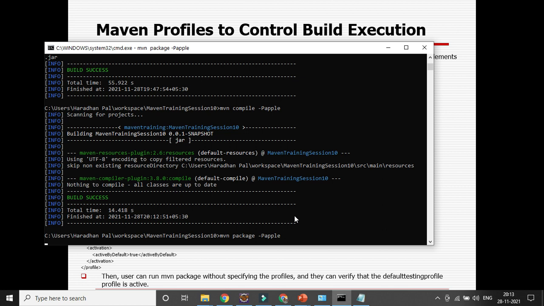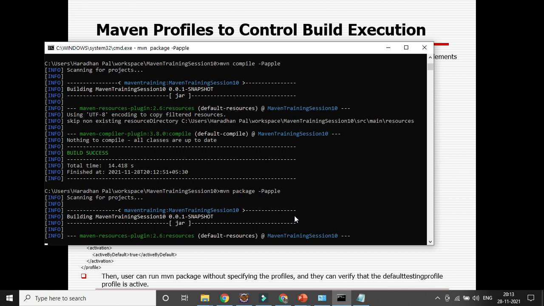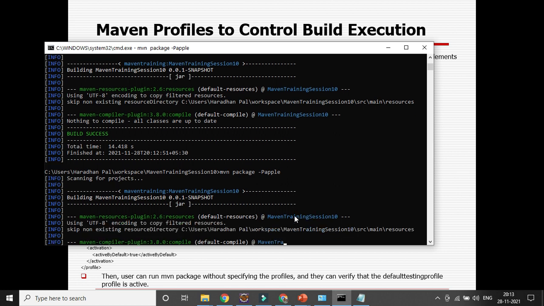Once compilation is successful, I'll be running it, and it will completely package your jar file and WAR file. You can see only the Apple page will be open, not the Facebook page, based on the profile concept I am giving.